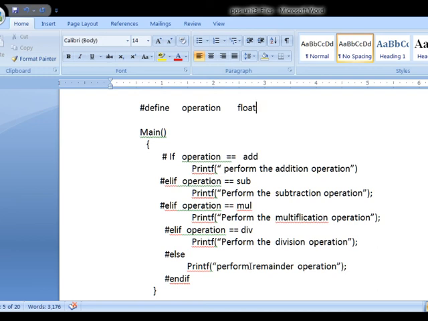So once again I repeat, what is a preprocessor? A preprocessor is a command or directive used to process the program's source code before the compilation. The preprocessor starts with the hash symbol, and it does not end with a semicolon, because a directive is a kind of statement defined in the program.